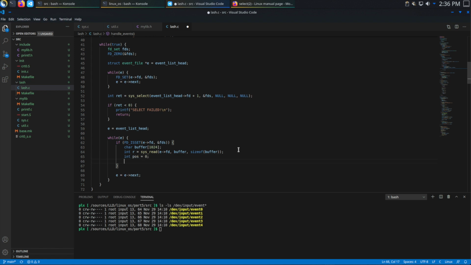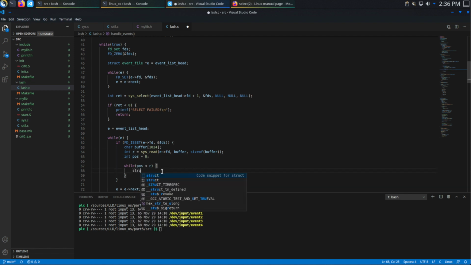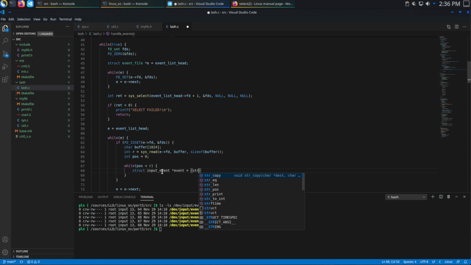So we'll start with a position 0 of the buffer, and what we're going to do is loop through each value that's returned. So while the position is less than the amount of bytes read, we're going to say the input event, call it event, equals, and we're going to cast it to an input event, the value at buffer plus position. So this input event,